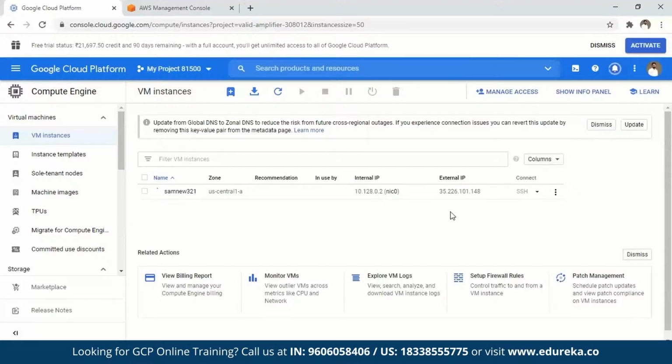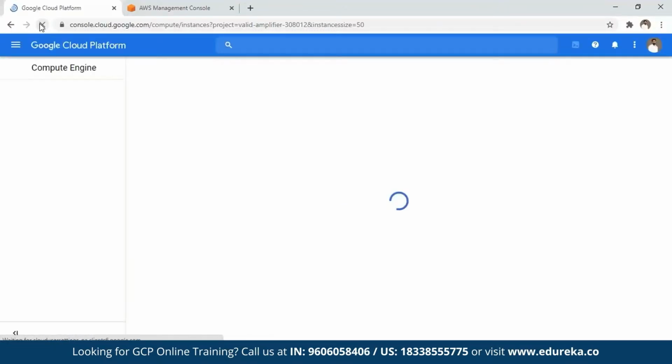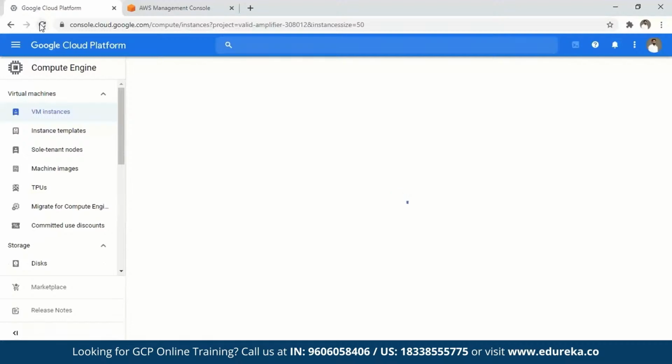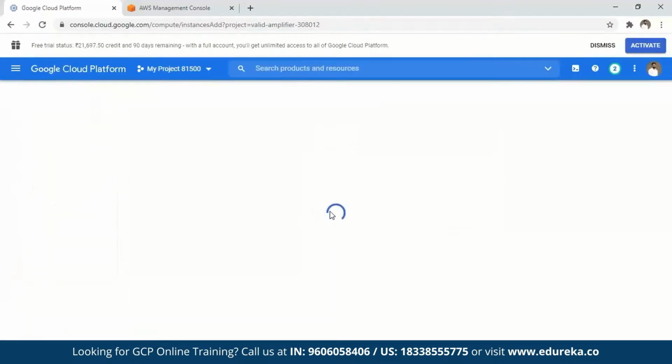Okay. And there are various other options that you can use. You can see the panel at the top where there are quite a few things that you can control. But meanwhile, let me delete this instance and we'll launch a newer instance. Okay. Let me refresh this and see how it pans out. If it is still deleting, then it could take a minute. Okay, let's just say create now.